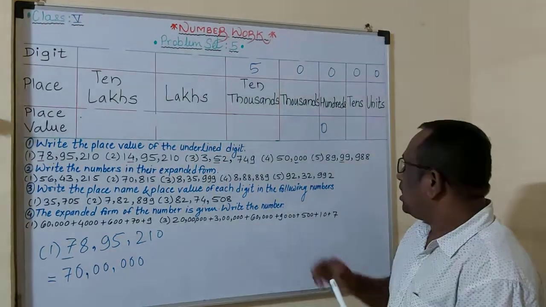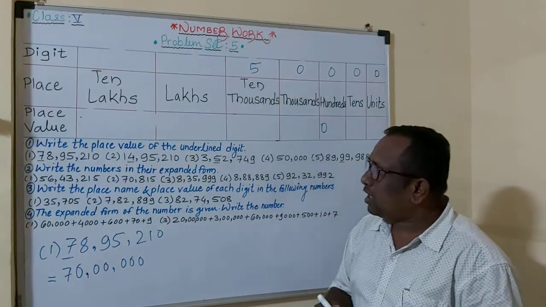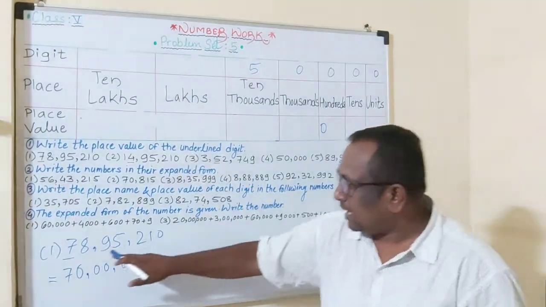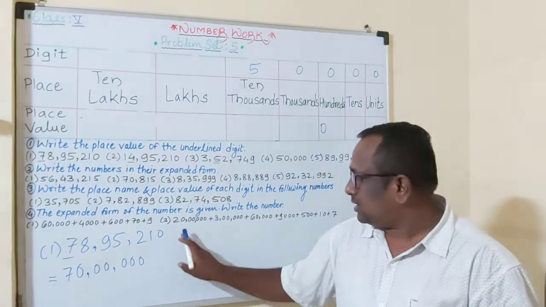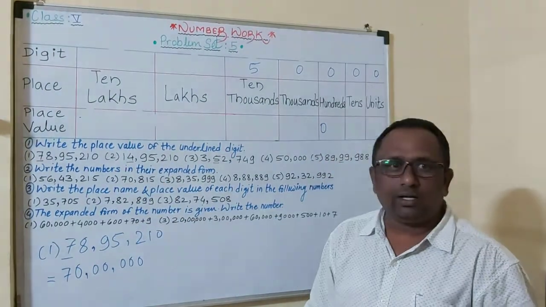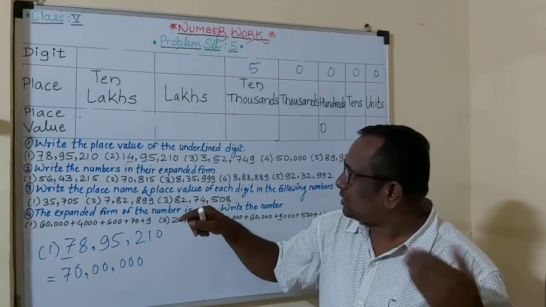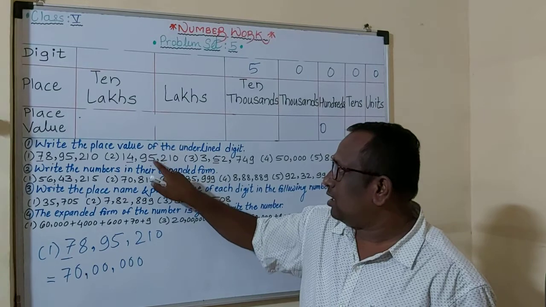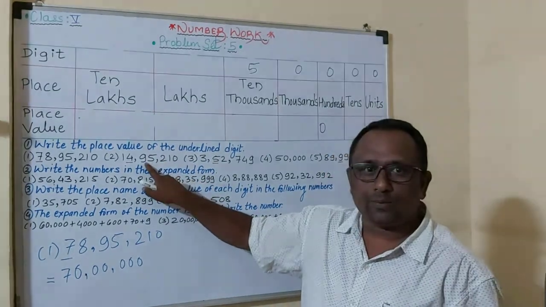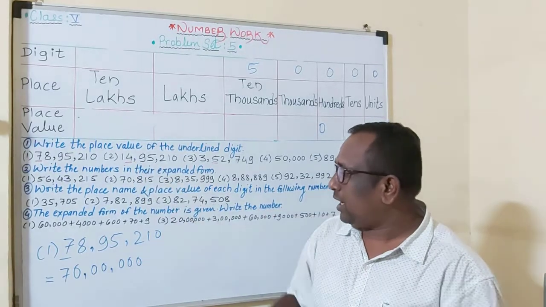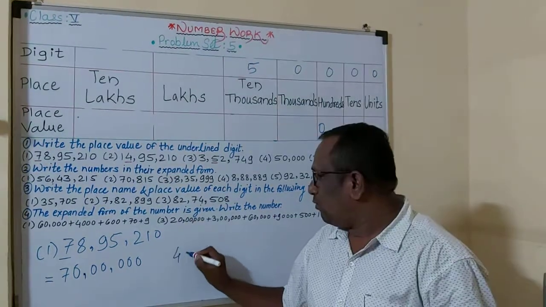Okay, now I hope you understood this first question. For the remaining examples, you have to solve them this way. Then for the second, leave one line below this. You have to write the second example. See, I'll just explain: unit place, 10 place, 100, 1000, 10,000, and this 4 is in the lakh place. So here you have to write the answer as 4.